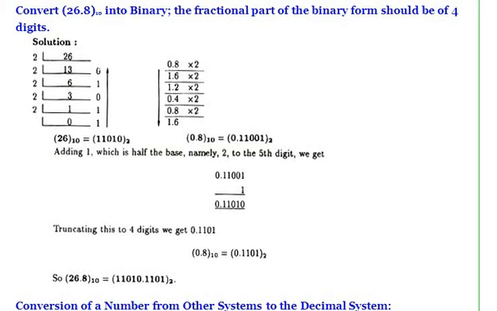So here check out the things clearly. 0.8 multiplied by 2 is 1.6, and 1.6 multiplied by 2 is 1.2. How? You just multiply the one after the decimal point. 1.6 means 0.6 multiplied by 2 is 1.2. 0.2 multiplied by 2 is 0.4, and 0.4 multiplied by 2 is 0.8, like that. So no confusion regarding this.